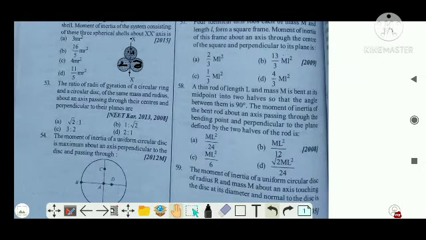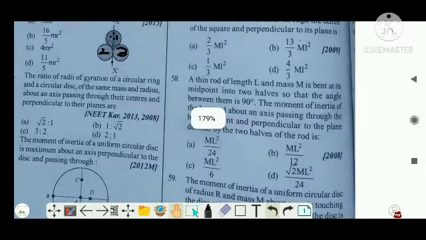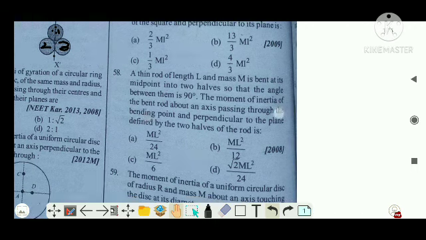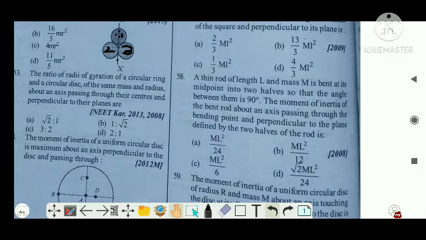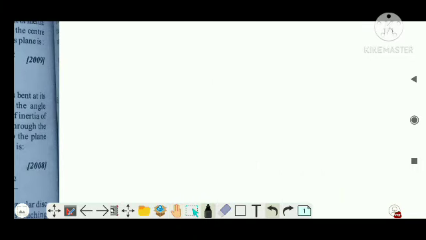Now 53rd. The radii of gyration of circular ring and a circular disc of same mass and radius about an axis through its center and perpendicular. We are asked what is k1 by k2, or radius of gyration of what and what? Of circular ring and disc. Right? So if I talk about ring, moment of inertia of ring is mr squared, whereas moment of inertia of a disk is mr squared by 2,